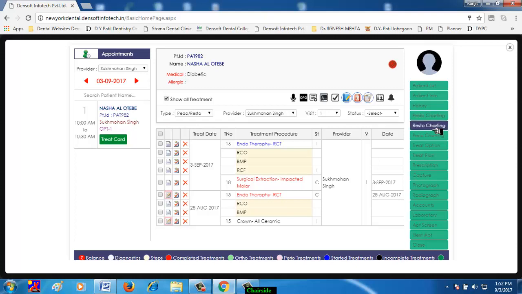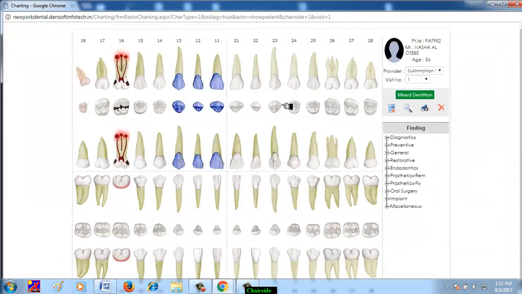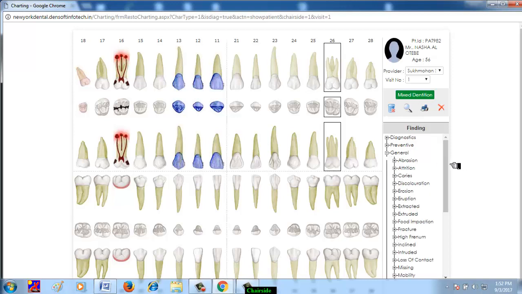We have the charting, where you can mark the findings of the patient. Well, general has all the dentistry findings. Like, I select the tooth,